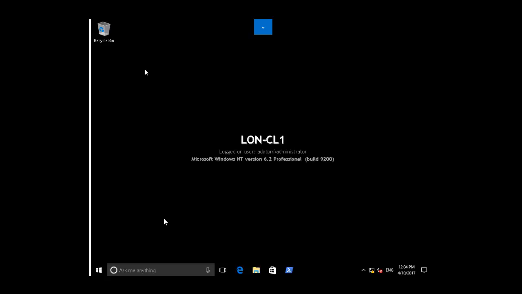One very good reason is that you should always secure your server infrastructure with limited physical access, which means you don't actually need to be in your server room to access your servers. Once you have RSAT installed on your client machine, you're able to access your server remotely. You're going to get a complete set of management console snap-ins that will enable you to perform all management tasks for your servers,